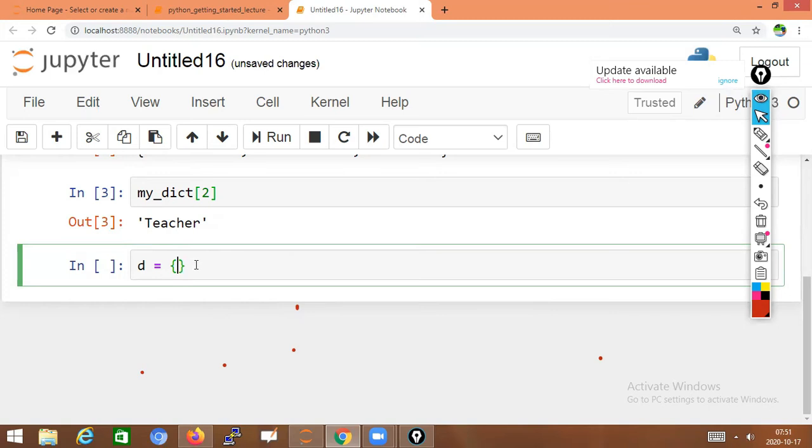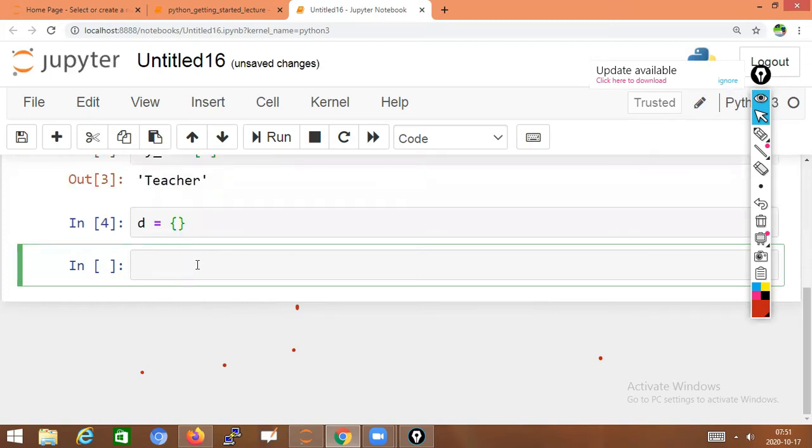Shift enter. One empty dictionary is created.